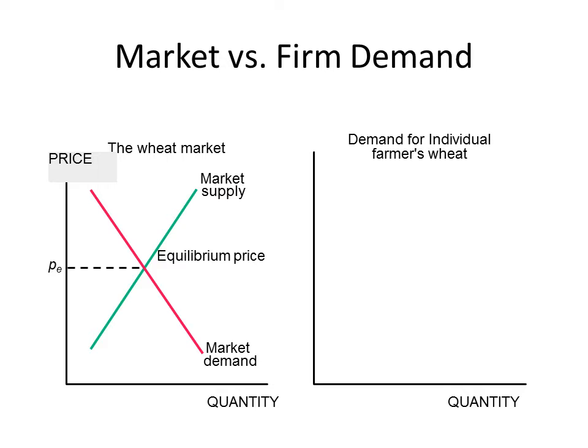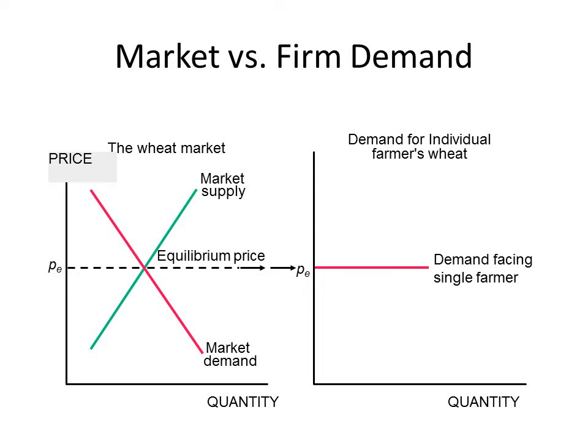If this is the case, where there are literally thousands of producers, in this case farmers of this agricultural product wheat, what is demand for this single farmer? Well, it turns out that the single farmer becomes a price taker at the price determined by the markets. So again, left-hand side, your typical market situation.